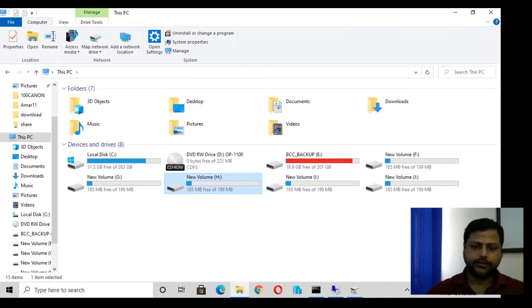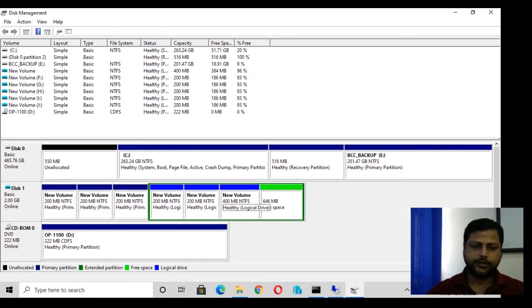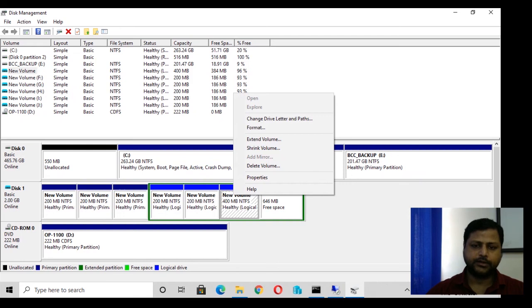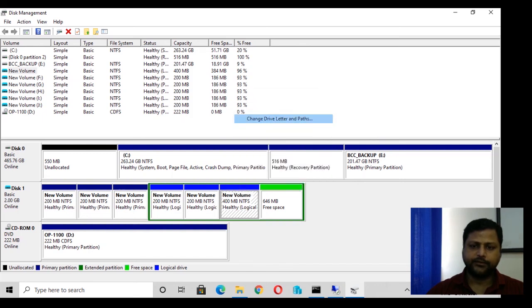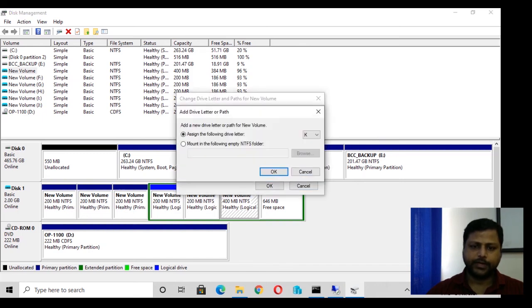Now again we can mount this drive in another drive also. We'll go to the disk partition, right click on the logical drive, go to Change Drive Letter and Paths, and add the path.